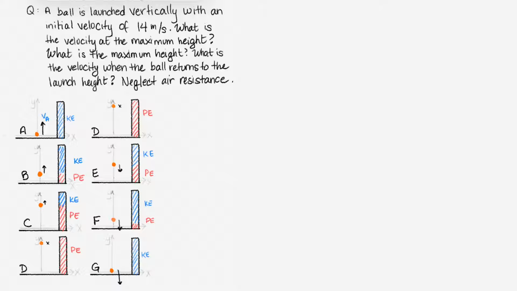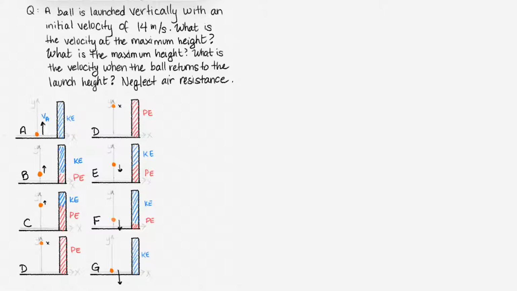I'll read the question. A ball is launched vertically with an initial velocity of 14 meters per second. What is the velocity at the maximum height? What is the maximum height? And what is the velocity when the ball returns to the launch height? Neglect air resistance. Well, what we have here are two columns of pictures,